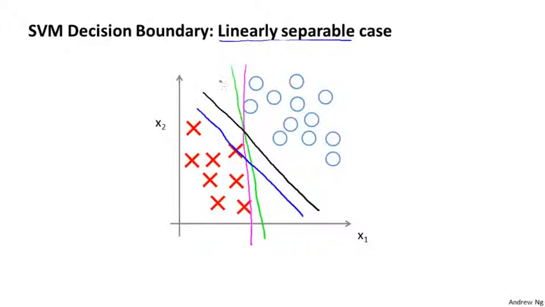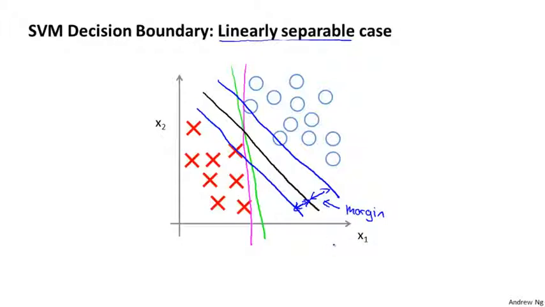But if I draw these two extra blue lines, we see that the black decision boundary has some larger minimum distance from any of my training examples, whereas the magenta and the green lines come awfully close to the training examples, and that seems to do a less good job separating the positive and negative classes than my black line. And so this distance is called the margin of the support vector machine, and